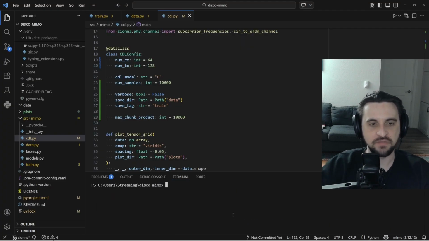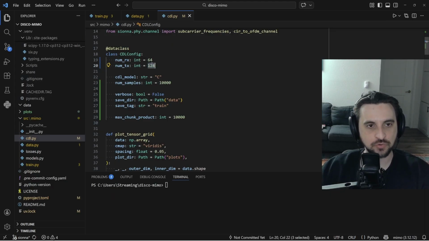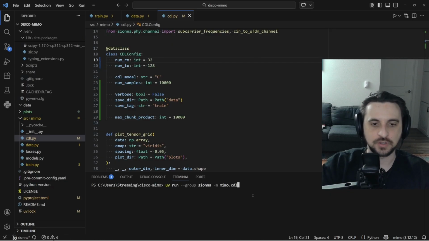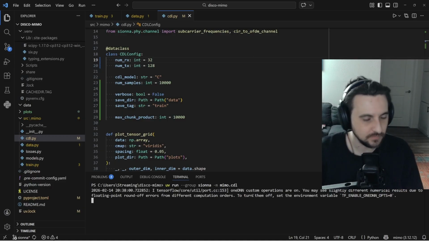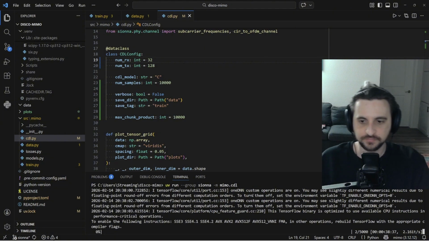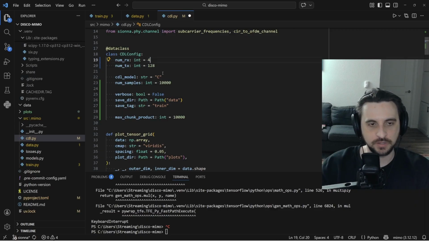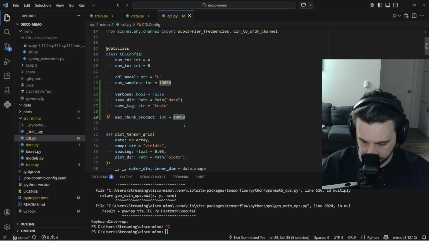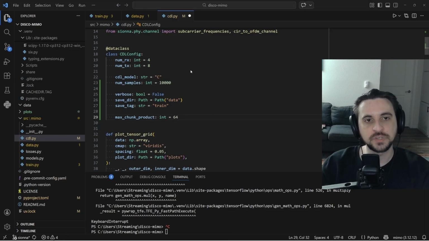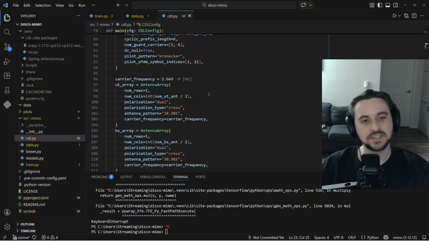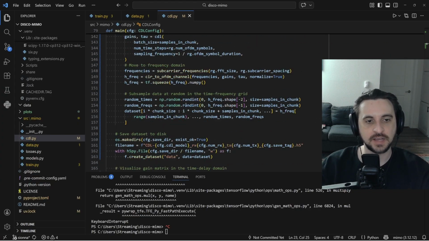Now, what if we fit 2? Well, to fit 2, we just drop this down to 32, okay? So now we should see 5,000 chunks. Yep, there we go, 5,000 chunks. So we're doing 2 samples at once. Let's do something irregular. What if we have 4, 8? Okay, and the max chunk product is, what should we say here? 64, so I can do 2 samples at once, but I want 3 samples. What that means is I'll have 2 chunks, but the last one will be irregular,